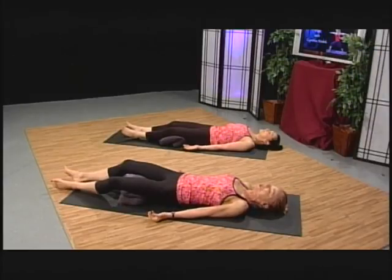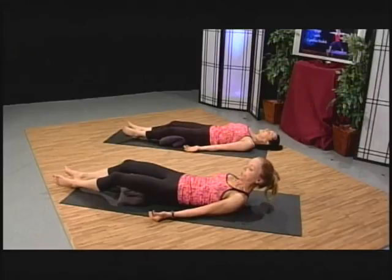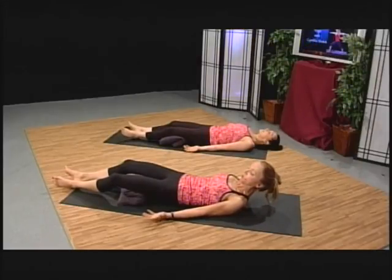So we're getting in the position for Savasana, and I want to take this opportunity before we're fully into the pose